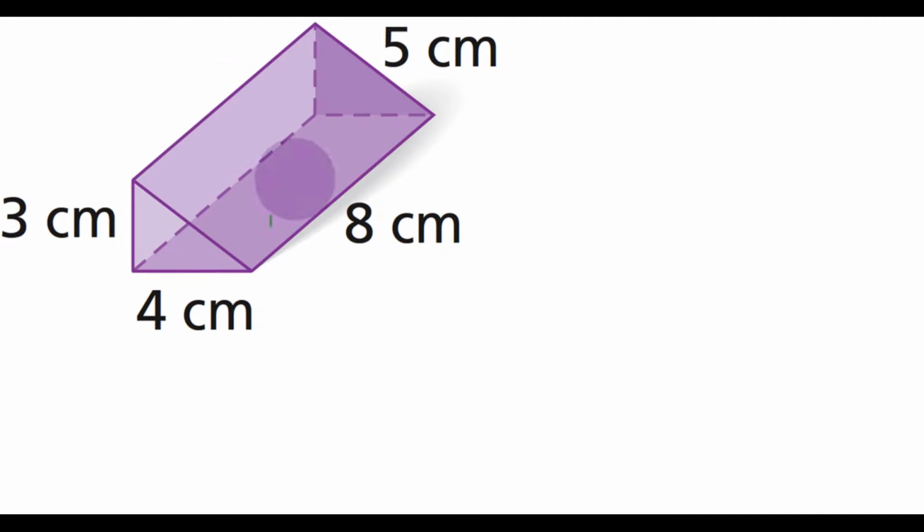Alright guys, let's take a look at a couple of problems here. Right now I'm looking at a triangular prism. So in fact the first thing I'm going to ask myself is how many triangles do I see in this triangular prism? Well, I can see one along the front side here,